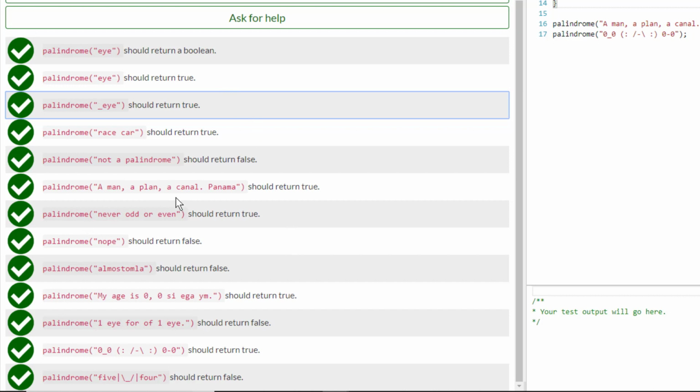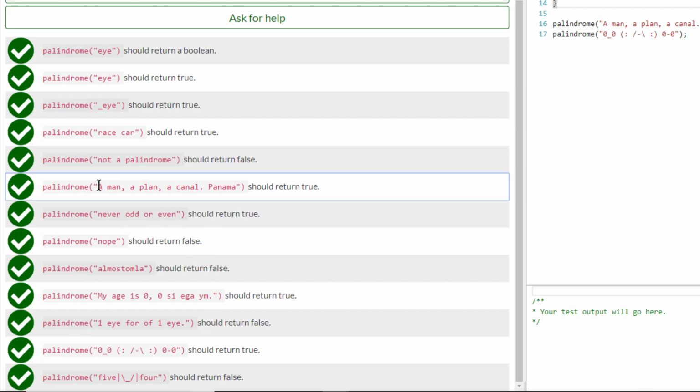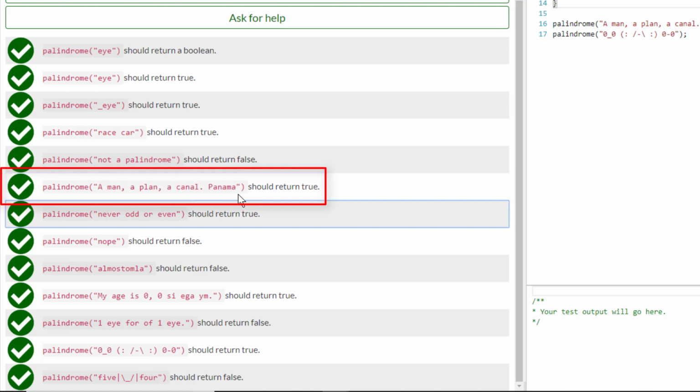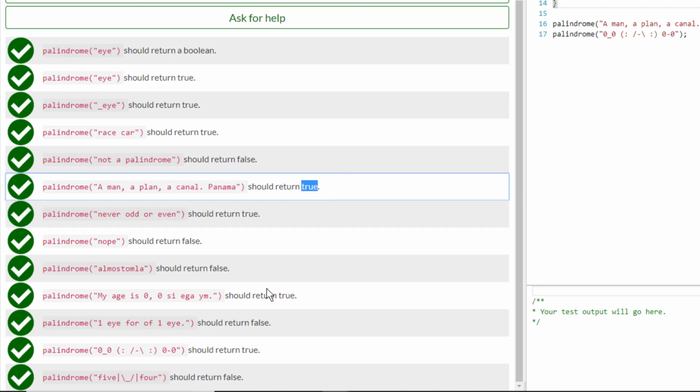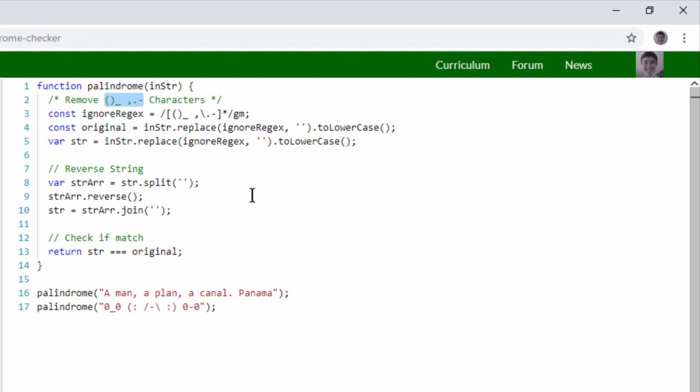And if you go down and look at some of these other tests, you'll notice some other characters are also going to be ignored. For example, if you look at this phrase, a man, a plan, a canal, Panama, it returns true, even though if you reverse it using those exact characters, it would not be an exact match. And that tells me that spaces are ignored, periods are ignored. And I went through these tests and I found that all of these characters I'm highlighting right now are ignored. So the first thing I'm going to do